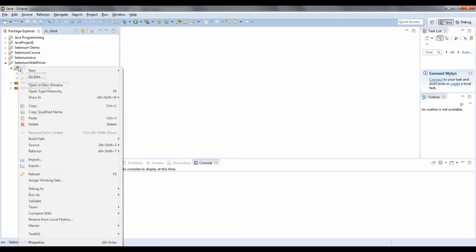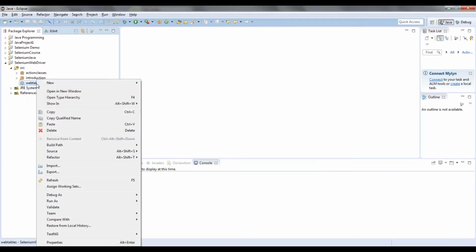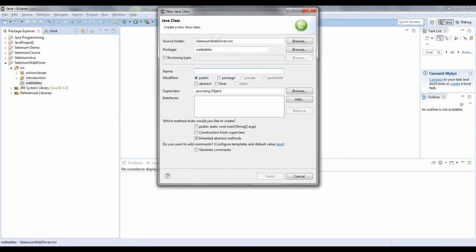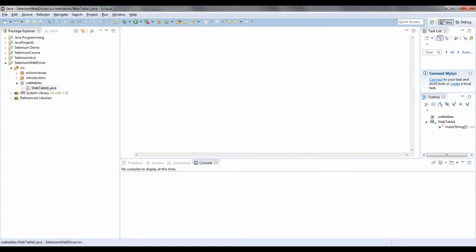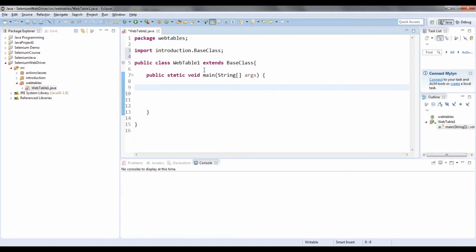Okay, so let me create a package, web tables, and a class, WebTable1. Let me add the main method, and extend the base class.